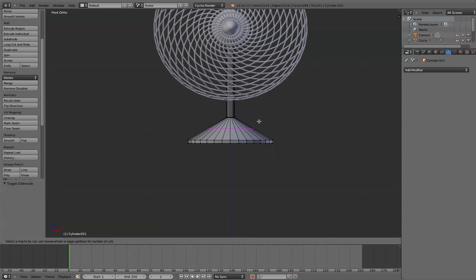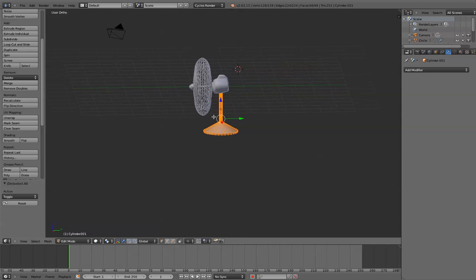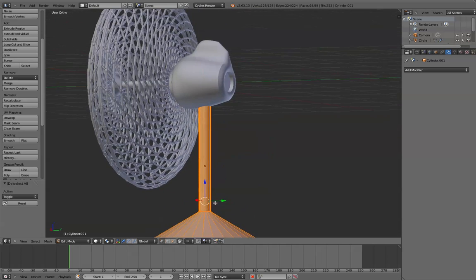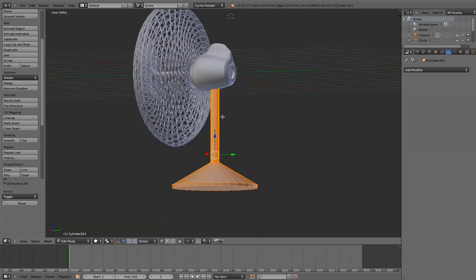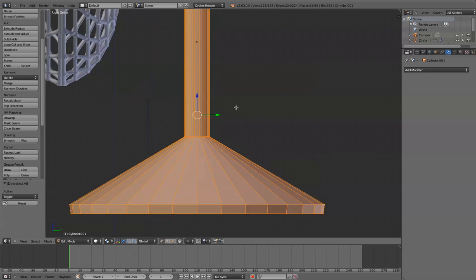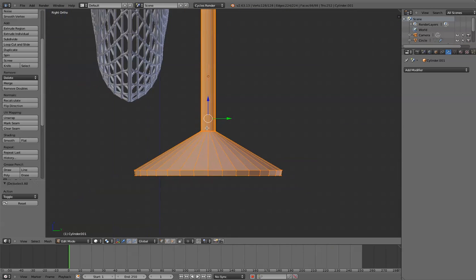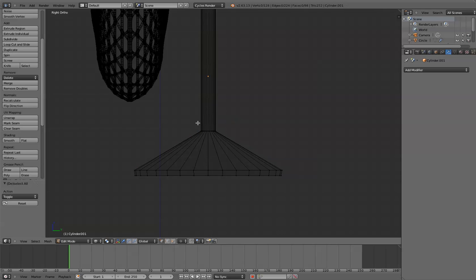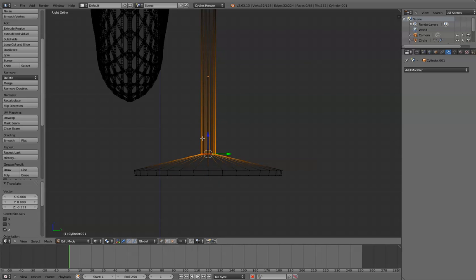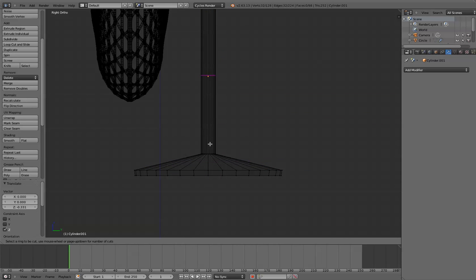And then, not quite sure how this is going to work, because that's looking a little bit too primitive. So I might just bring that in, scale it down a little bit, and I might add a loop cut there,